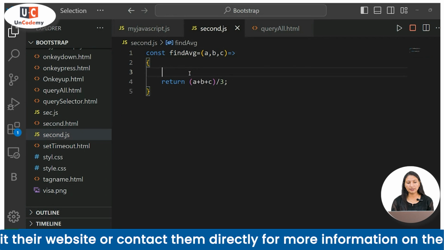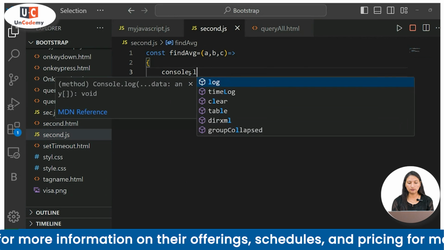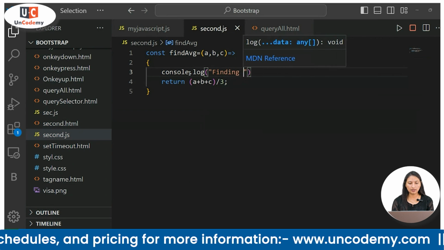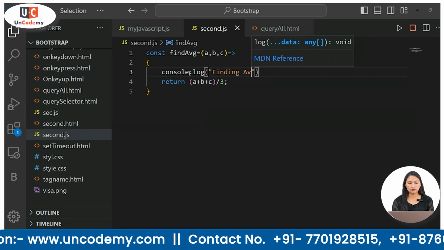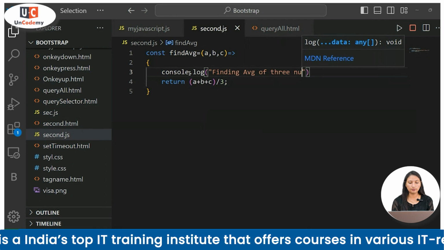And if you want to print something, console.log, you can write here finding average of 3 numbers.